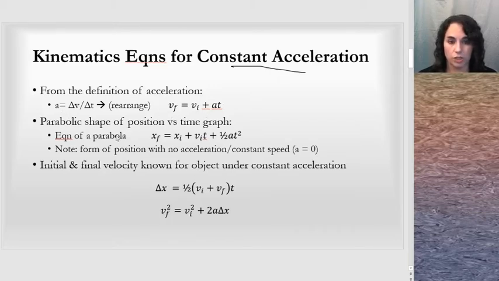We just rearrange it. The position equation, how an object moves, it's no longer linear. If we just had a constant speed, it would be linear. It would gain the same amount of distance over the same amount of time periods. But what we see when an object is speeding up is that it will gain different amounts of distance, because over each time period it is gaining more speed, and therefore over the next time period, it will be able to go farther than in the time period it did before. What this adds up to is a parabolic shape,